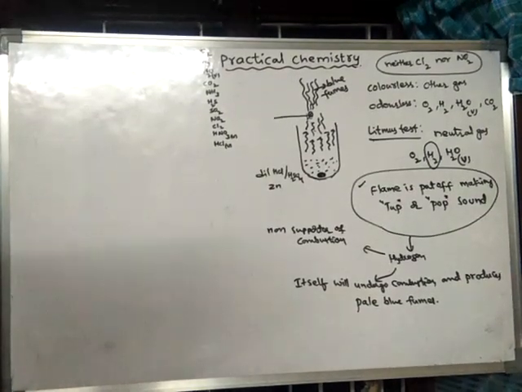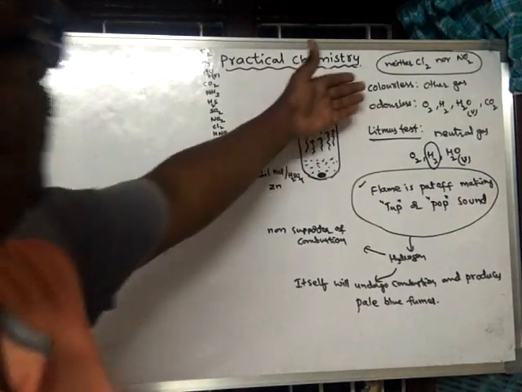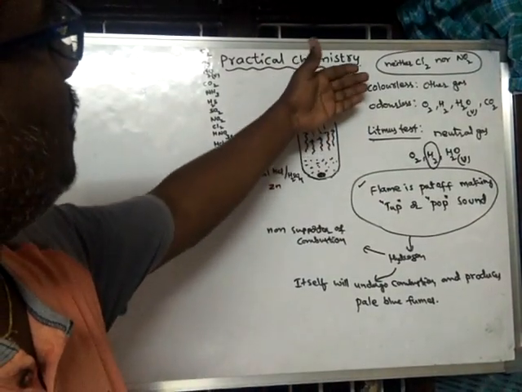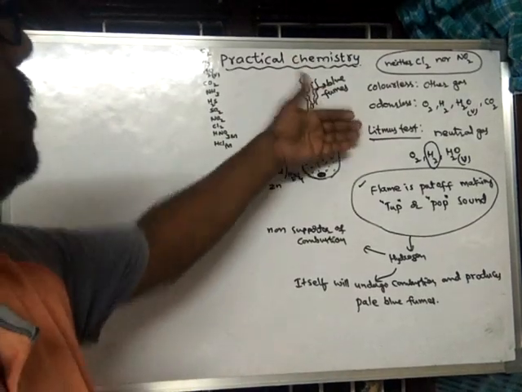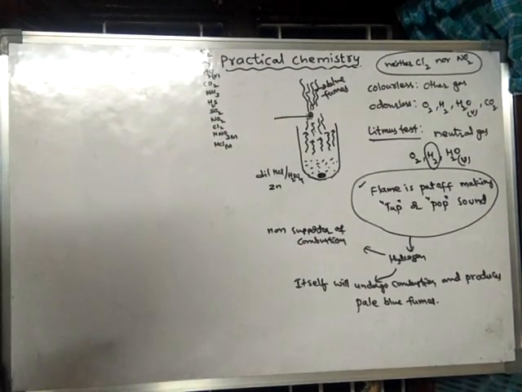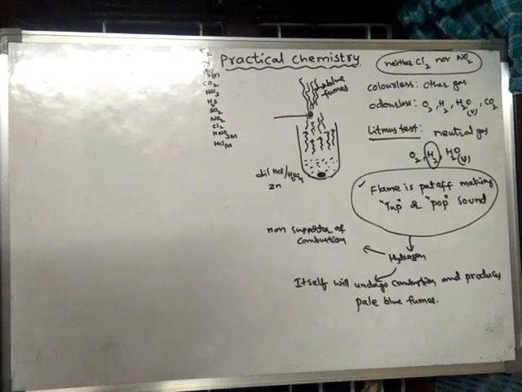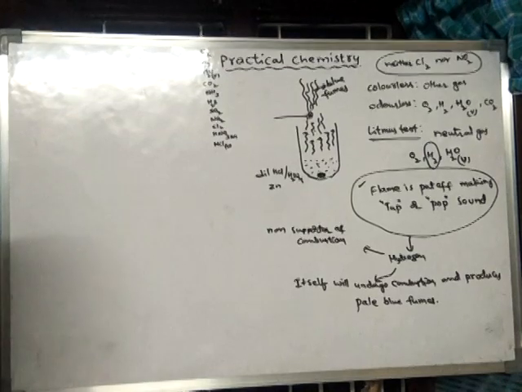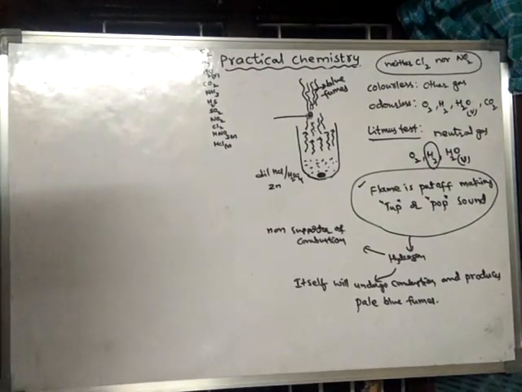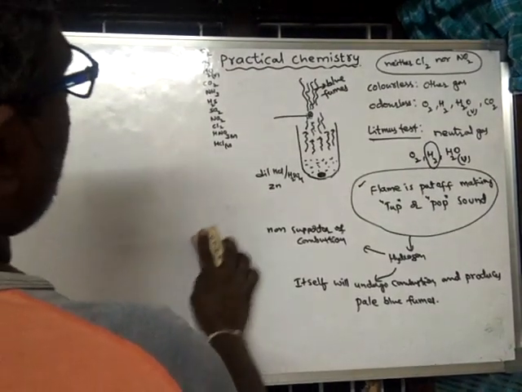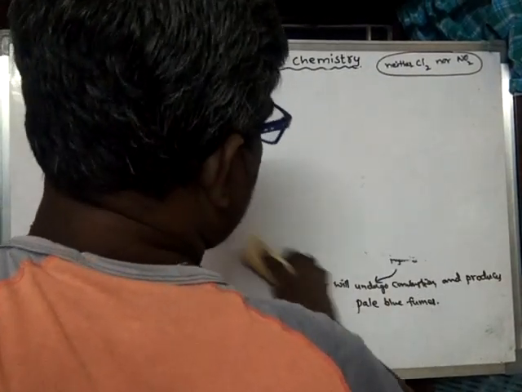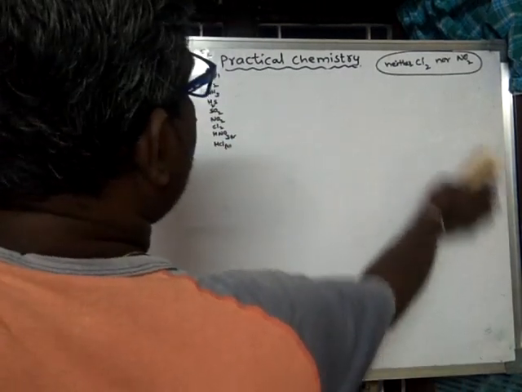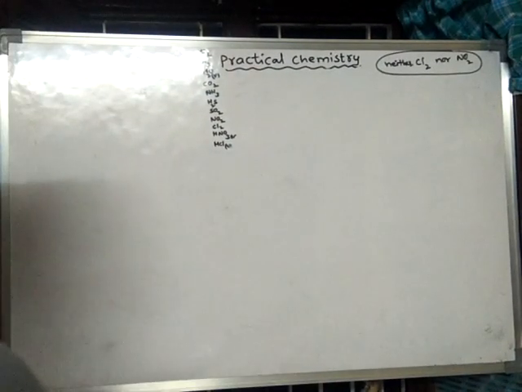So in this way we can detect the gas. To detect any gas, generally we go with these preliminary tests. These are the basic tests from which we can eliminate certain gases, and finally we can come to the conclusion which gas the given gas is. Now let us learn another thing. So in this way hydrogen can be detected. Next,